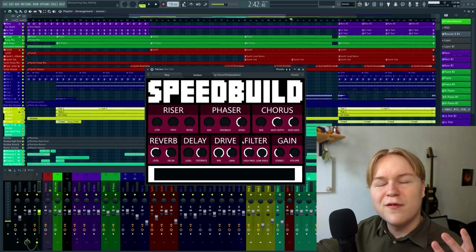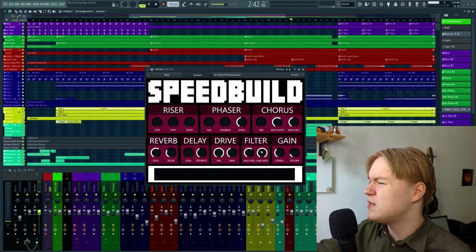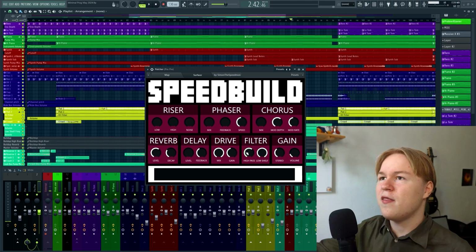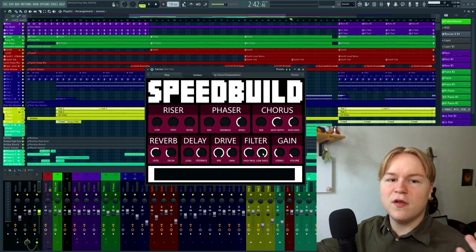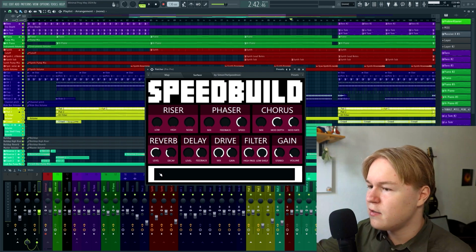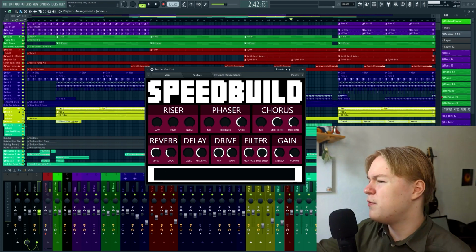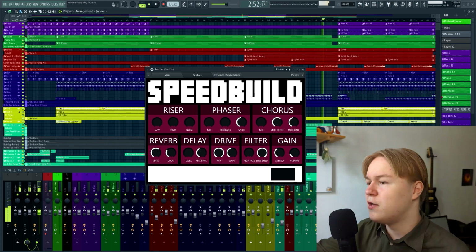After that, probably the most important module, to be honest, we have a high-pass filter, like a high-pass and a low shelf. You can control both of them. The high-pass filter is more like a general sweep, and the low shelf is something that removes the low end pretty quickly after the build-up slider is more than 0. So yeah, you already heard them, but we can of course increase the high-pass filter, for example. Then there's more of the low end removed, or we have a more subtle effect like this, where we still keep most of the low end here.